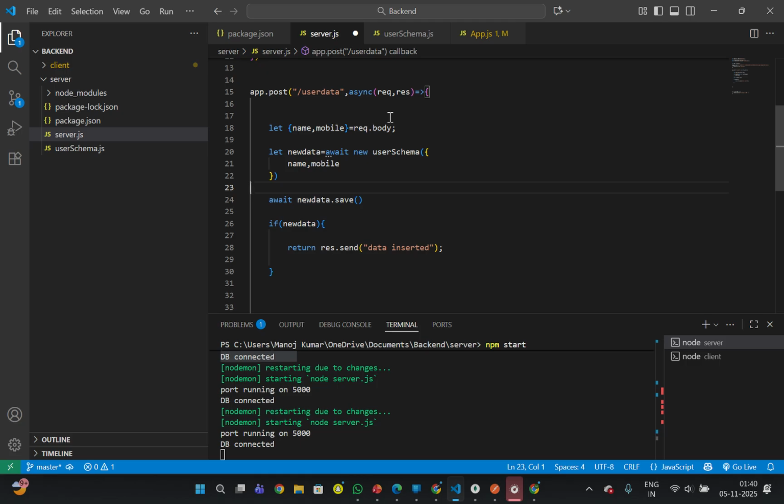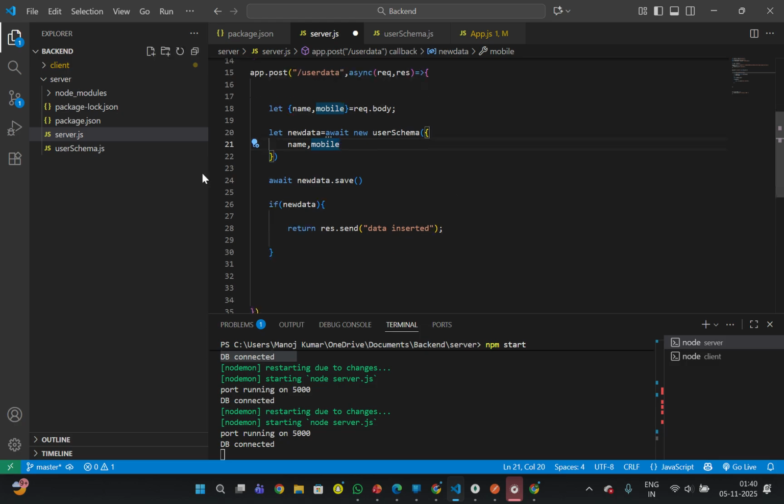New is an instance of user schema. In the schema, I have mentioned an object, name and mobile. Await new data.save, I'm saving this data, this record. After that I'm writing an if condition: if new data, return res.send data inserted. So now I'm going to